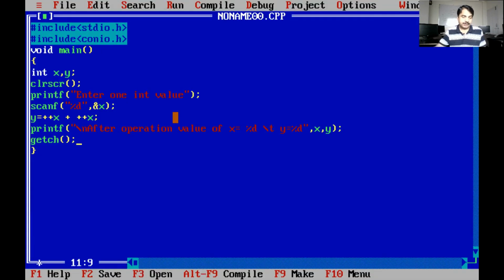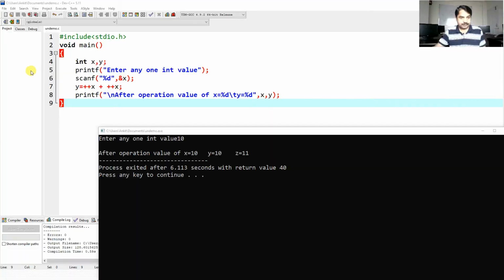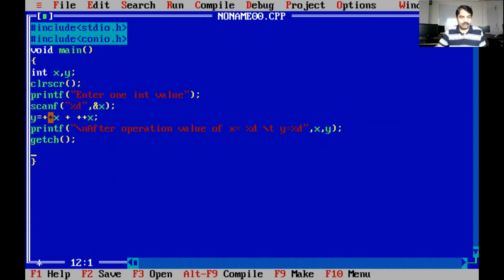Control F9 to run. 5. See the output. What happened? After operations, the value of x is 7 and y equal to 14. We have already discussed this: incrementing the 5 value by 1 makes it 6.